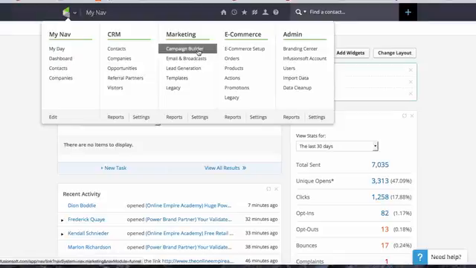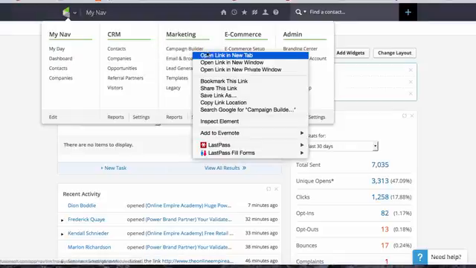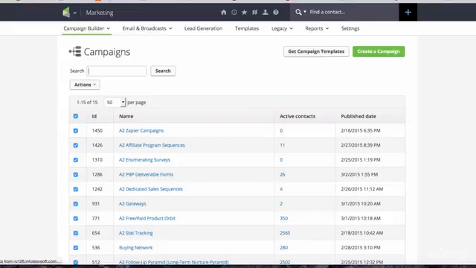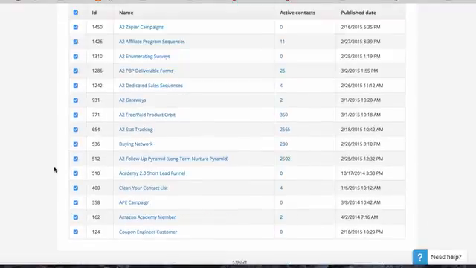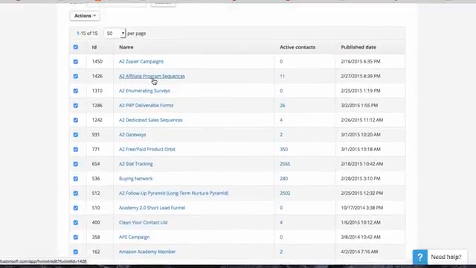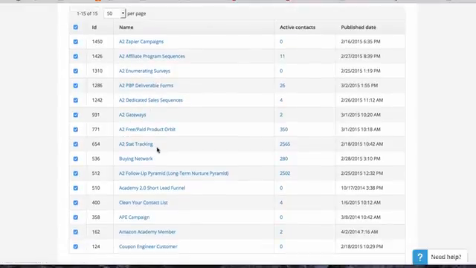Next, the heart of Infusionsoft, the campaign builder. Campaign builder is awesome, and we're going to go through that in a later video. Love it. It's awesome. In fact, I'll show you some of the campaigns we have. Each one of these is a different campaign, and the campaign builder is actually a visual representation of